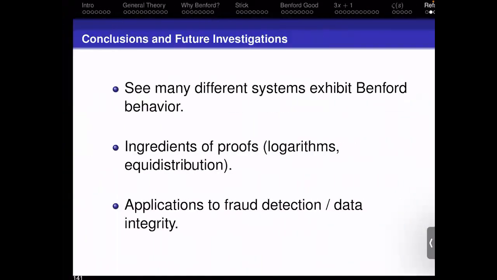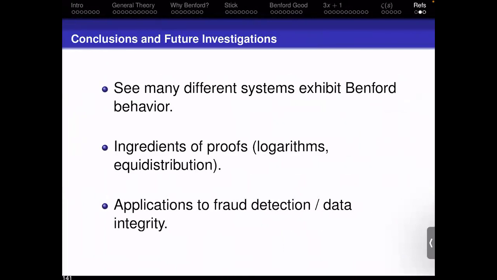Okay, so I will just briefly conclude that we see many different systems exhibit Benford behavior. The key ingredients of the proof are basically a logarithmic transform showing something that then becomes equidistributed. The difficulty there is controlling what the errors are. For whatever problem you're looking at, you need to develop specific tools for that. A lot of times the algebraic irrationality type of the number becomes extremely useful. It gives us control over how quickly equidistribution sets in.